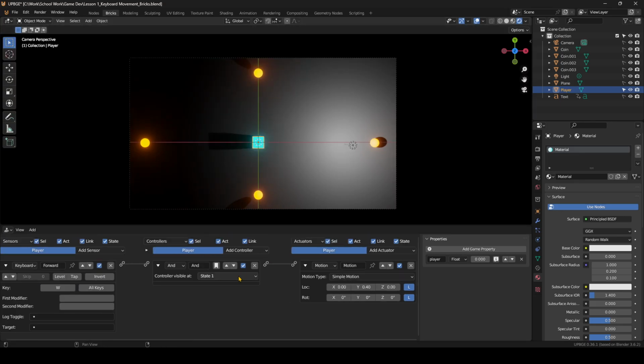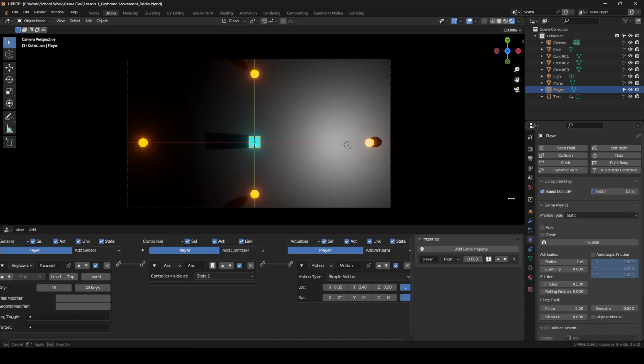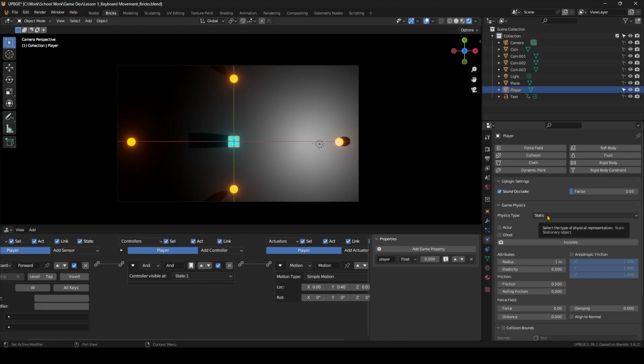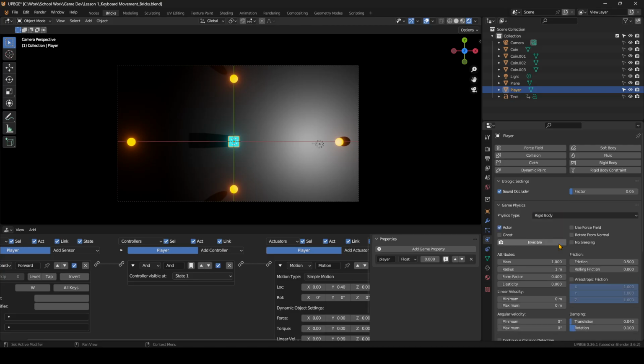The reason nothing happens is because we need to change the physics on our cube. If we go to our physics tab, it looks like a moon circling a planet, we can see that the physics type here is set to static. So the sphere is static and the cube is static. Now, two static objects cannot collide with each other. So we need to change one of them to be a rigid body. We'll do that on our cube. So I'll select rigid body in the physics type. Now when I press play,